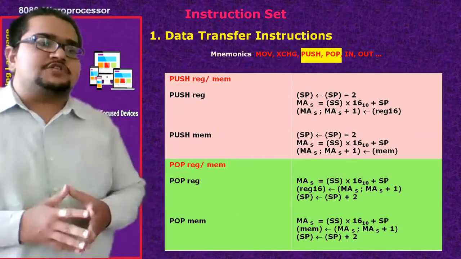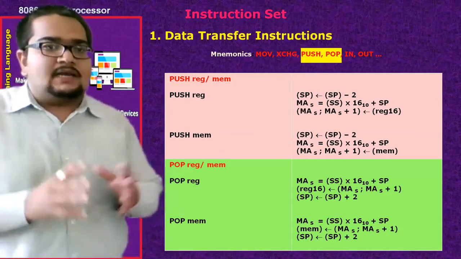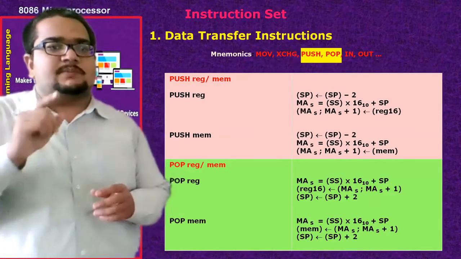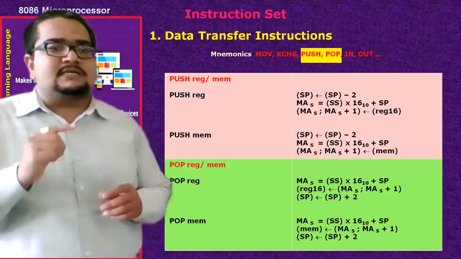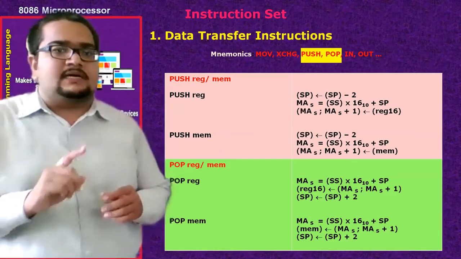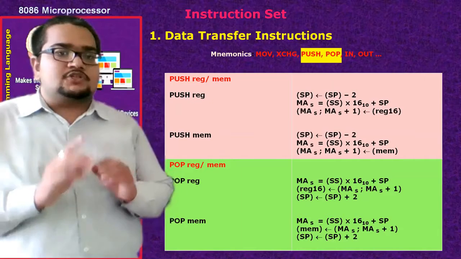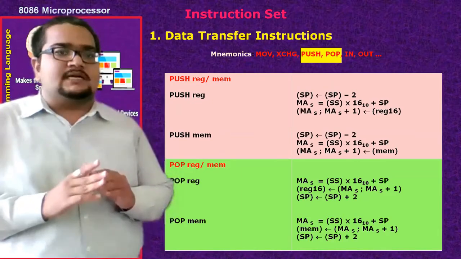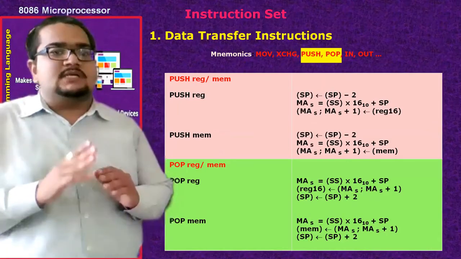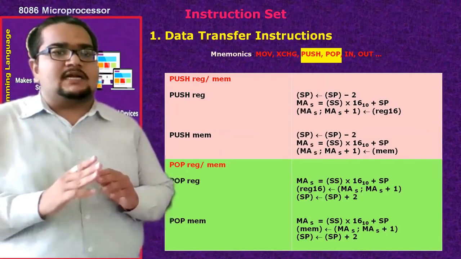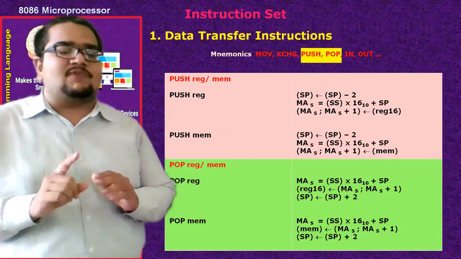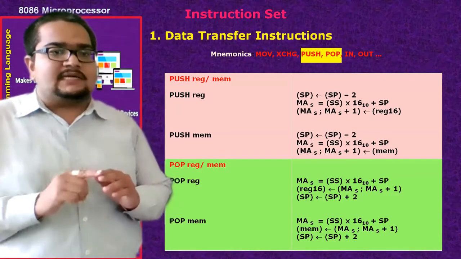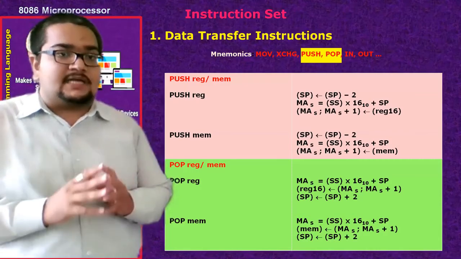Next are the push and pop instructions. Earlier, while talking about the interrupts, we came across this one. Whenever the program is being executed, at a certain point, whenever an interrupt is triggered, the processor will stop the execution of the main program, obviously after acknowledging that interrupt, if that interrupt is non-maskable, or if it is maskable and the interrupt flag is allowing it to continue. At that time the processor will stop its current execution.